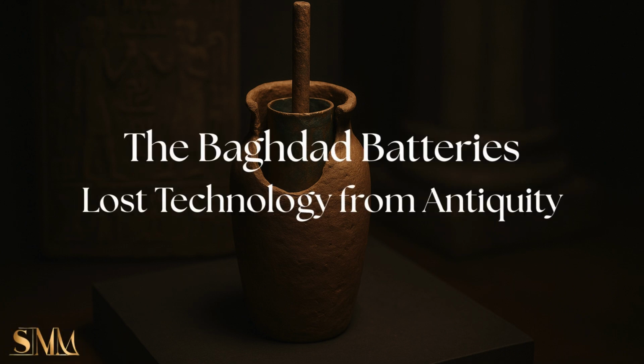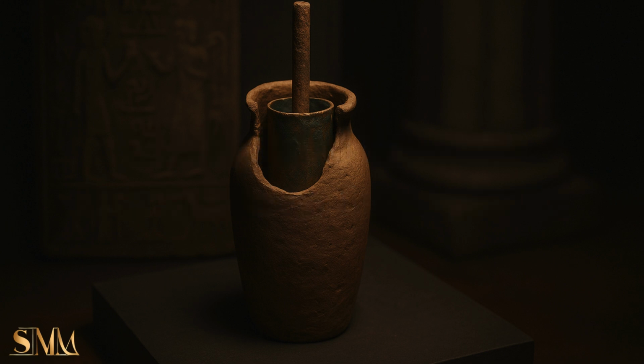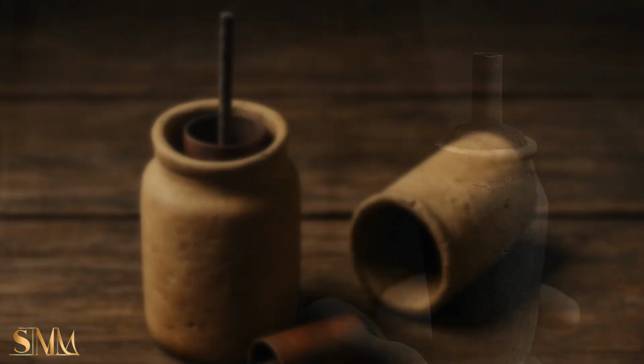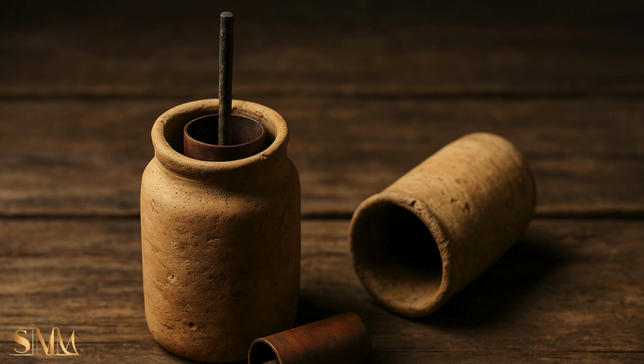The Baghdad batteries: lost technology from antiquity. A great mystery, and a challenge for science. A battery capable of generating electricity in antiquity? It sounds impossible. After all, Alessandro Volta introduced his battery in 1800, a rudimentary system of zinc and copper discs